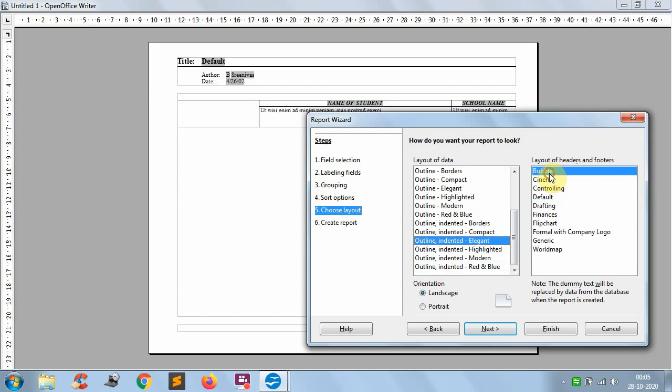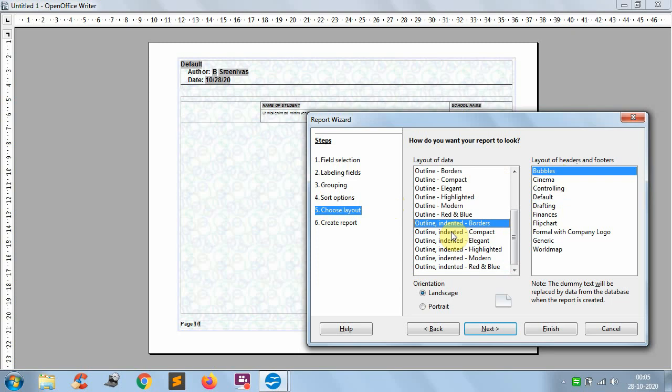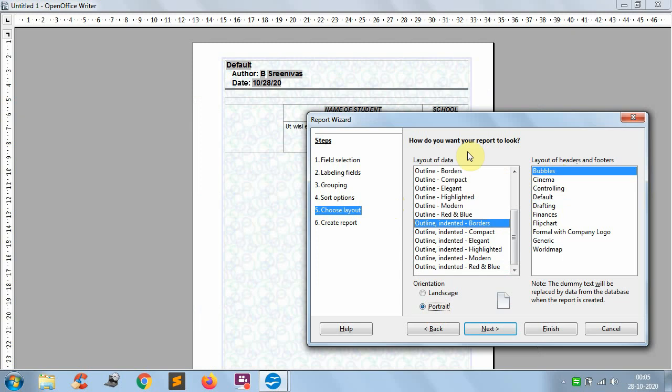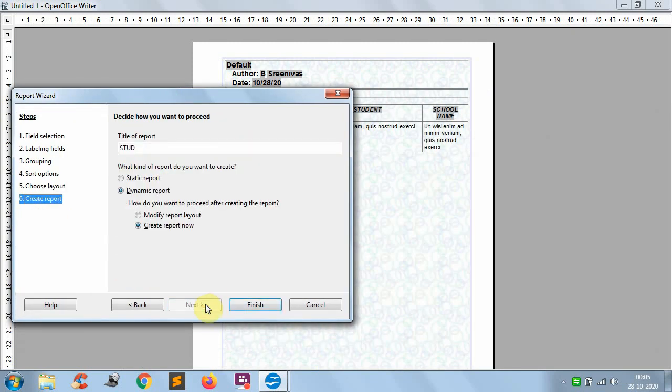This one is good, and I am going with the theme bubbles, default theme compact. Yeah, it looks good. Now here I want to keep it in portrait. It looks good, yeah, and click on next.